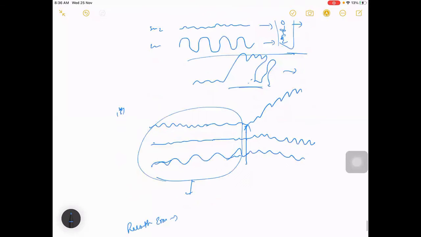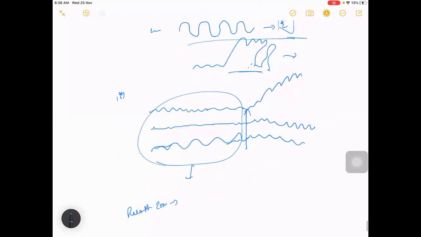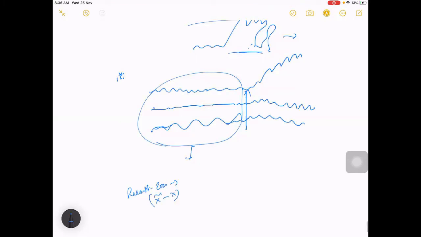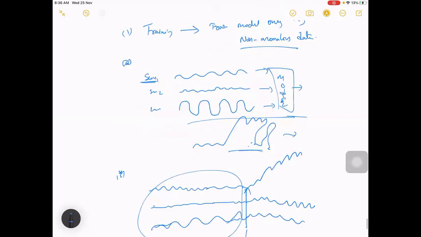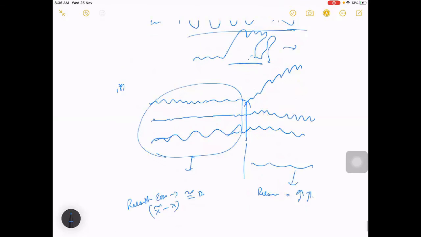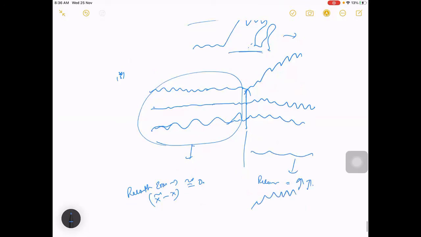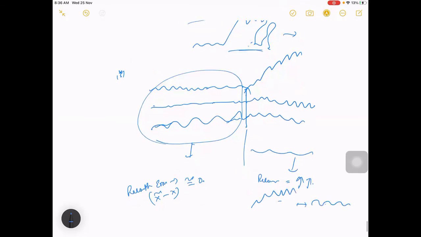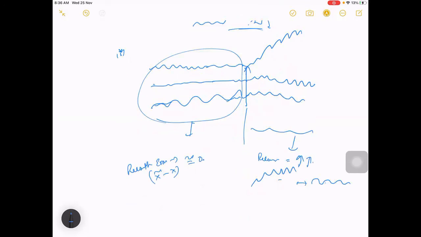Reconstruction error is the difference between x and x bar, and this is almost zero. But when the fault starts to come, at this level your reconstruction error will be high, it increases. Why? Because it won't be able to reconstruct these values. Even if you give values like this, like this, like this, it will only give something like this. So there is a difference between these two, right? If you take the difference, there will be a huge value. That huge value we can use as a feature for distinguishing between anomalous and non-anomalous.